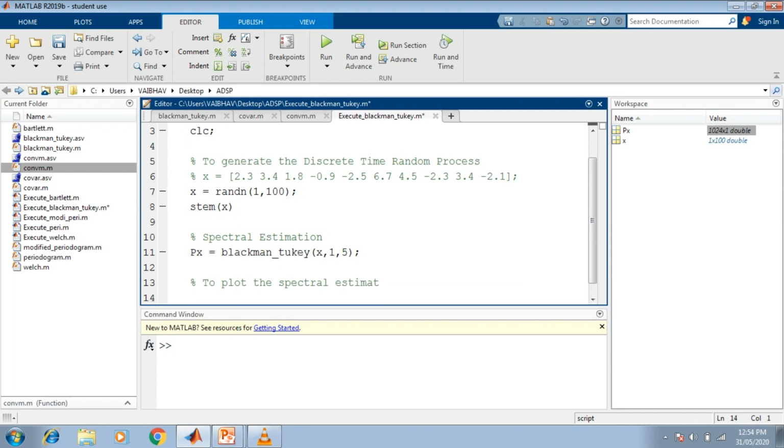So for plotting the spectral estimate, we can simply make use of, first of all, the keyword figure to open a separate window, and the simple function plot. The input parameter should be capital Px that has been obtained by calling the Blackman2k method here. So if we save this change and run this program,